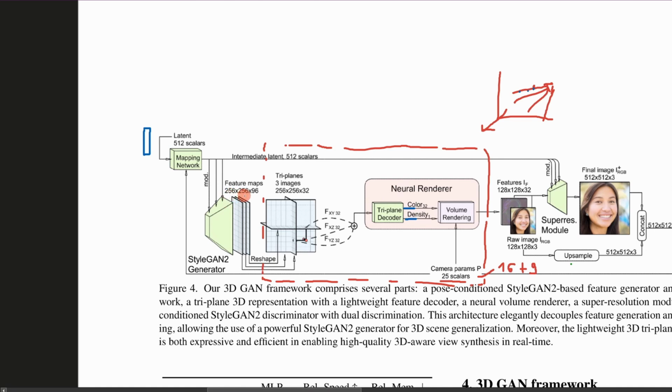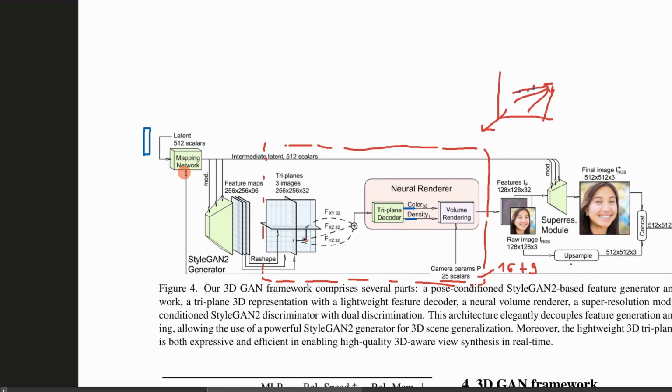That's the spatial resolution, and then we have 96 features. What we do is we just take the 96 features and split them into 3 planes that each have 32 features per plane, and we visually represent those here. Now, the interesting part I want you to see here is that camera params are used to condition